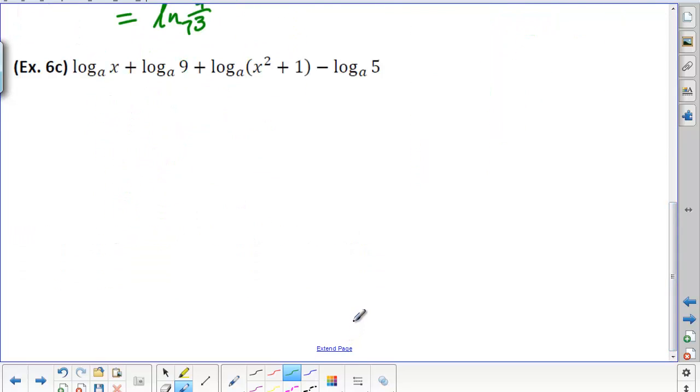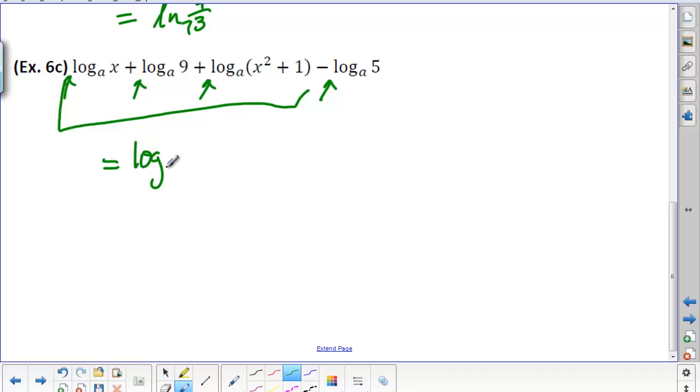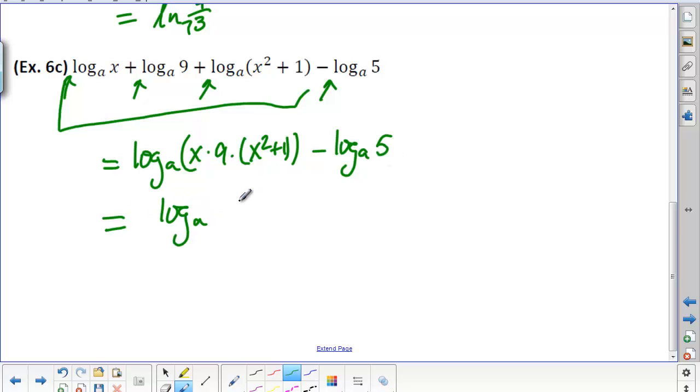Last one here. This one looks pretty rough, but it's not too bad. The first thing we can do is notice there aren't any factors in front of any of these logarithms, so there are no factors to take and put back up as powers. So I can start by looking at all 3 of these first pieces. Those are all one big sum, so I can multiply all those together. And so that's log base a of 9x times (x squared plus 1). Since that's minus, we're going to divide by,